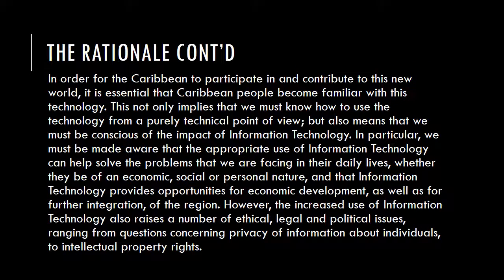And quite naturally, you'd recognize that in order for the Caribbean as a whole, and I'm going to make it very specific, in order for you and I to be able to participate and contribute to this new world economy, so to speak, it's really important that we as a people become familiar with what those technologies are. And our knowledge should go beyond just a mere ability to recall those technologies, but really have a deep sense of understanding how to use them and how those technologies have been impacting society. So that really sets the precedence now for how we approach everything within the syllabus.